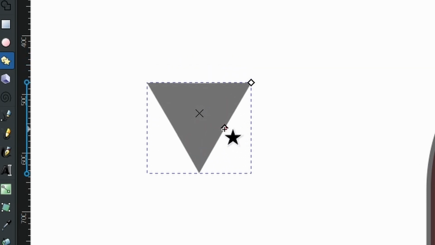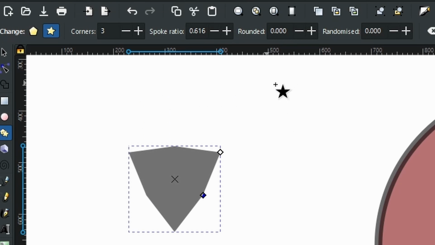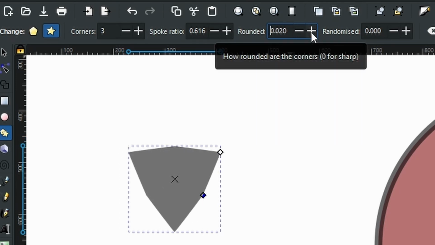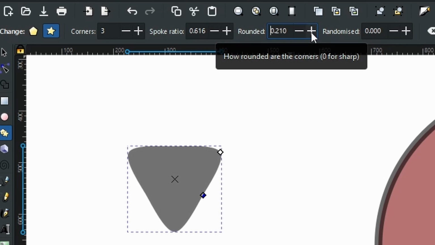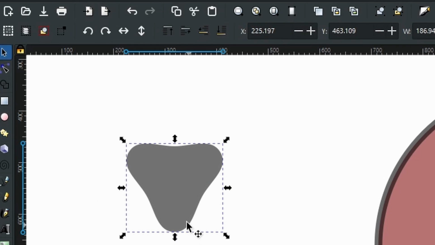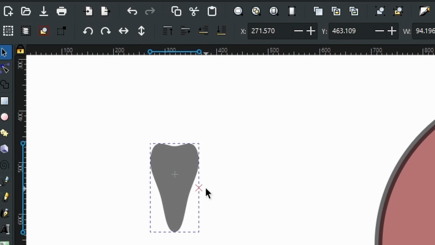Again, if you hold control, you can make sure that it is absolutely perfect to how you would like it to be. Then I am going to come up to where it says rounded in the properties toolbar, and I'm just going to alter it until I get a funky little shape that looks something like that. Now using the select tool, I'm going to just alter the width a little,